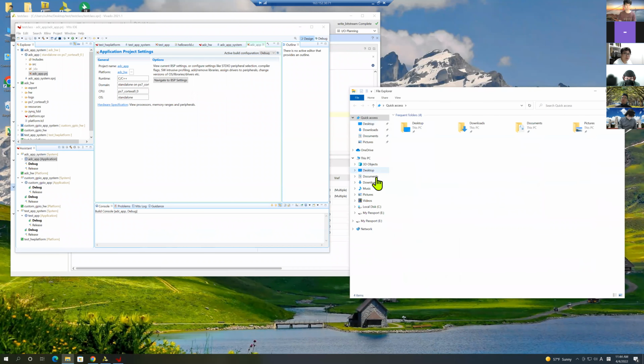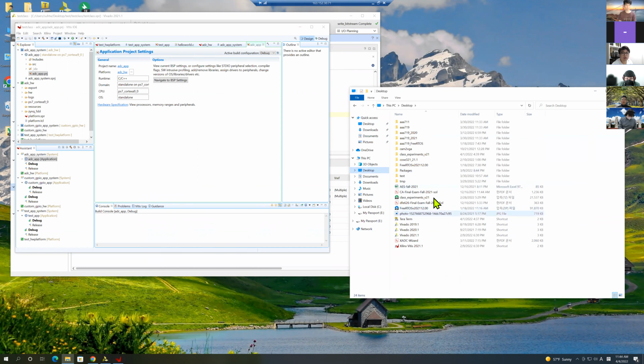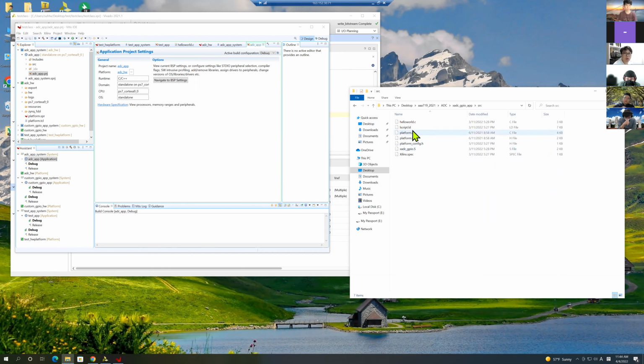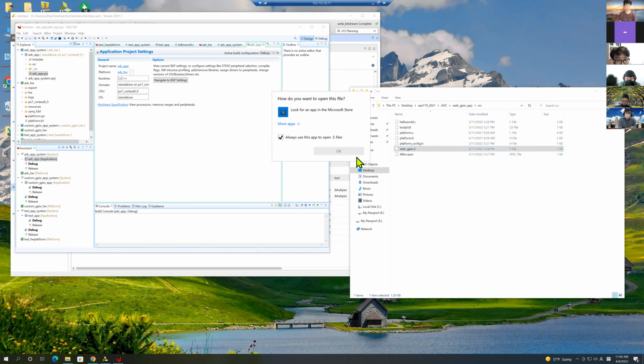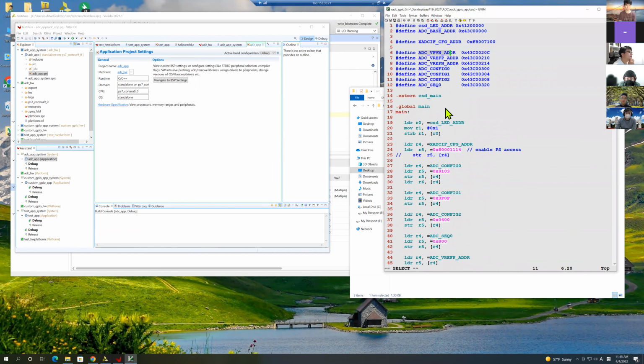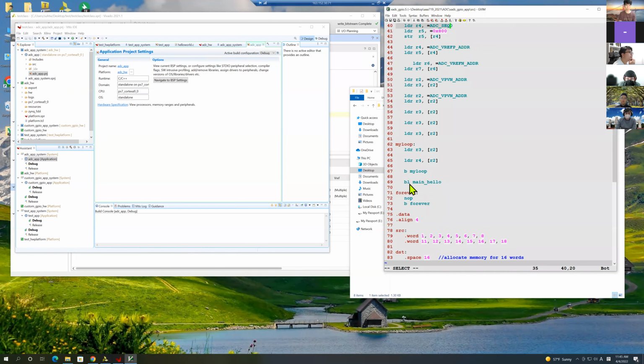Let me copy the one I created. Desktop, I think. Which one is the one? 21. XADC software. App, I think GPIO. Source. This one, I think. Yes, this is the one. Okay. So XADC registers. Then at the end,